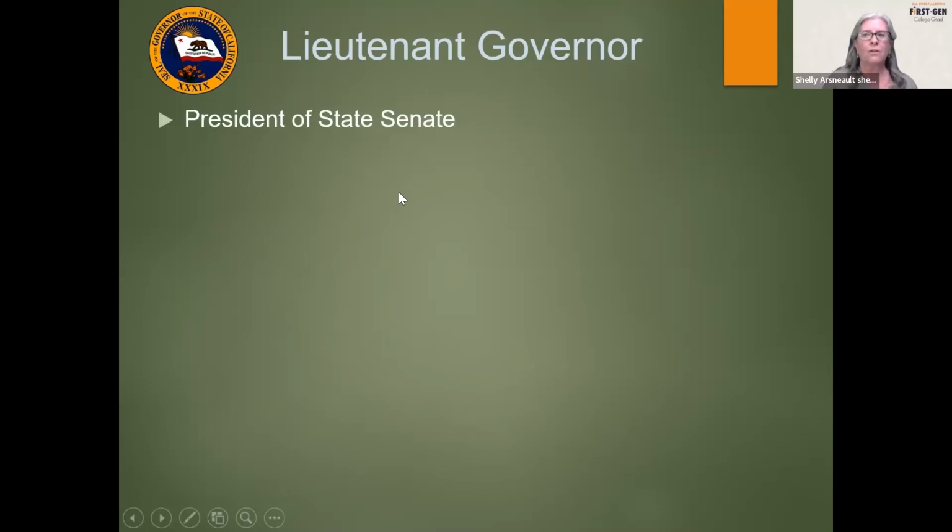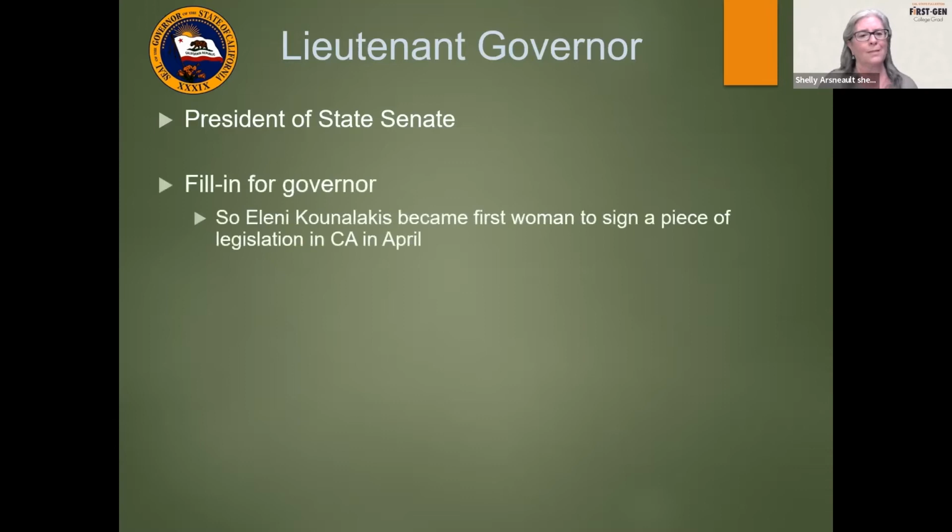The joke in political science is that any lieutenant governor really just waits around. There's an old story, and I can't remember what state it was, of a lieutenant governor who, when asked by a reporter what his job was, said his main job was to check the obituaries every day to see if the governor had died, because that's what the lieutenant governor does, right? Is a fill-in. The one formal role is president of the state senate, just like the vice president. This is really just for tiebreakers, so it is not a day-to-day job. And with the makeup of California's legislature, we haven't had the need for a tiebreaker in quite some time.